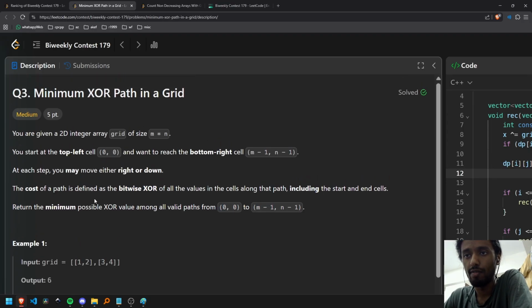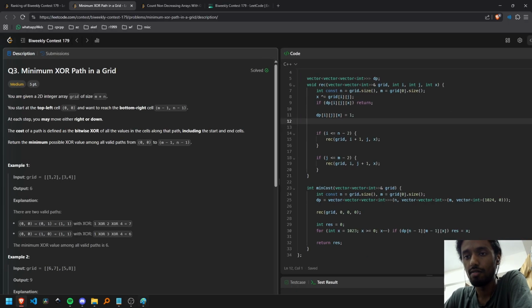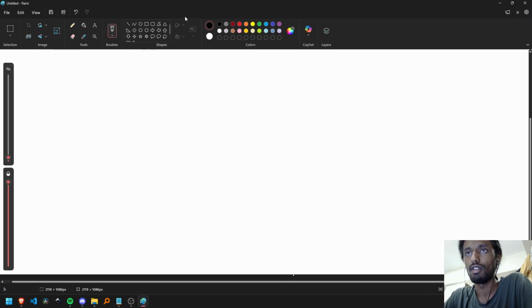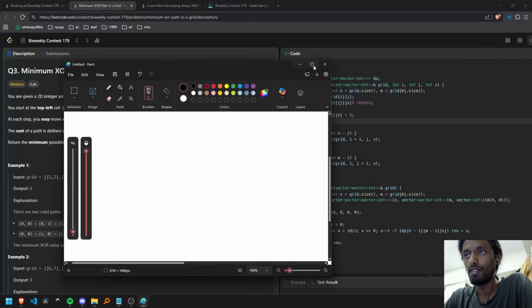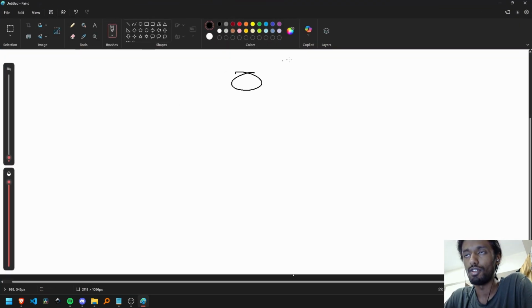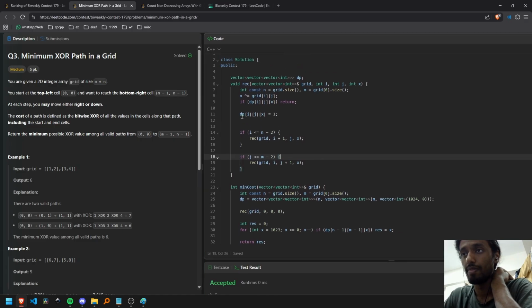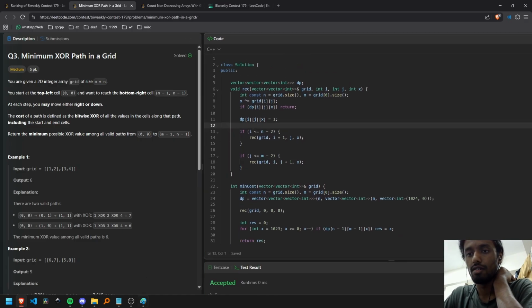Like if it was the minimum sum value, then obviously this is a traditional problem like the minimum path sum. But the issue here is you can't just minimize the XOR values, right? The XOR operation is not defined over min. It doesn't work that way. You can't just do XOR, then take min and then do XOR again. The properties of the values will get lost. So instead of that, what we can do is